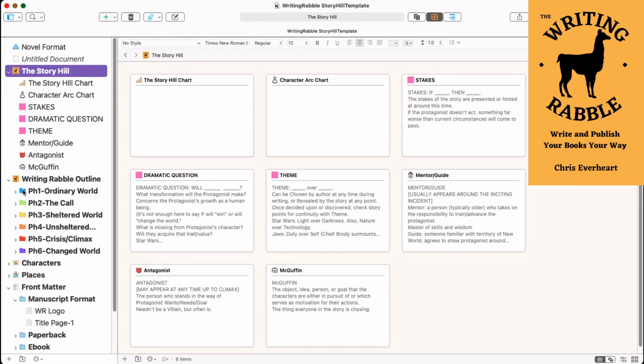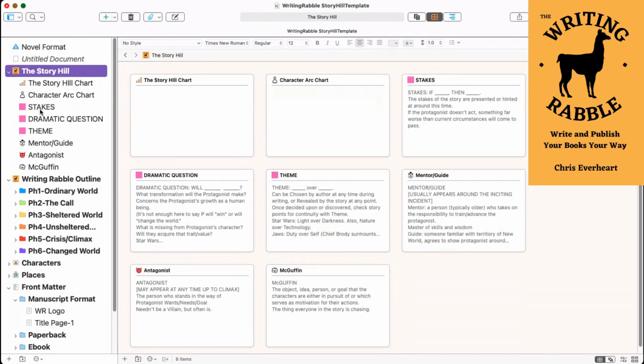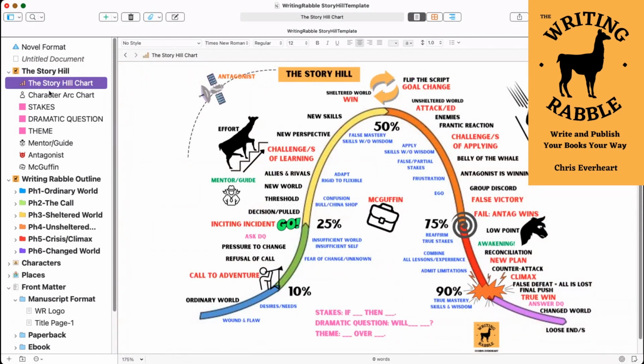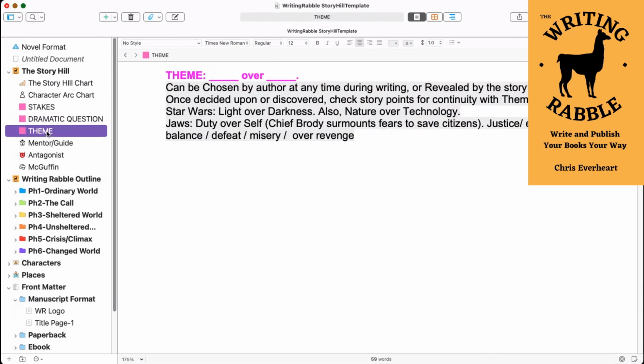And by the way, one thing I noticed here, Wes, is that at the top is the bigger picture stuff about the story, including a version of the story hill there, the character arc that we talked about last week, and then some questions, stakes, dramatic question, theme that you kind of want to dig into and maybe flesh out a little bit